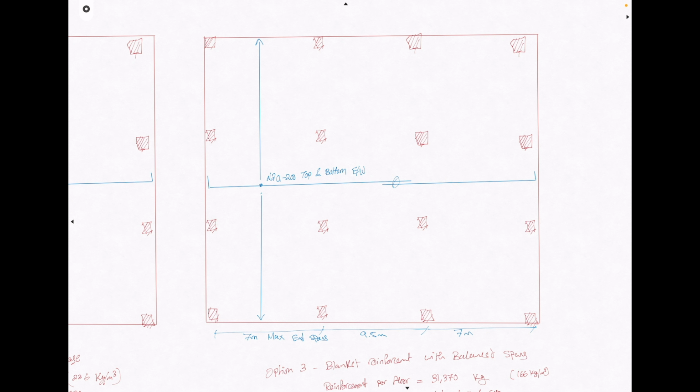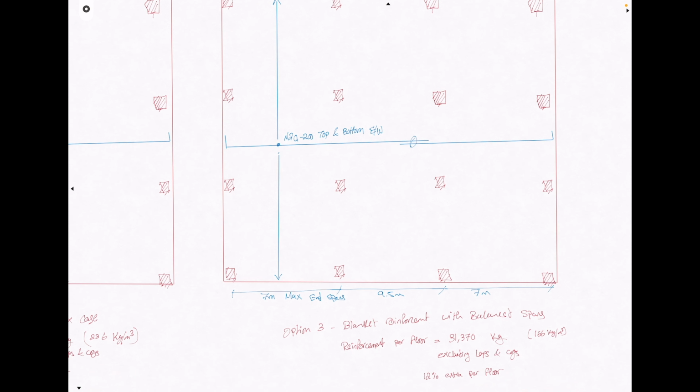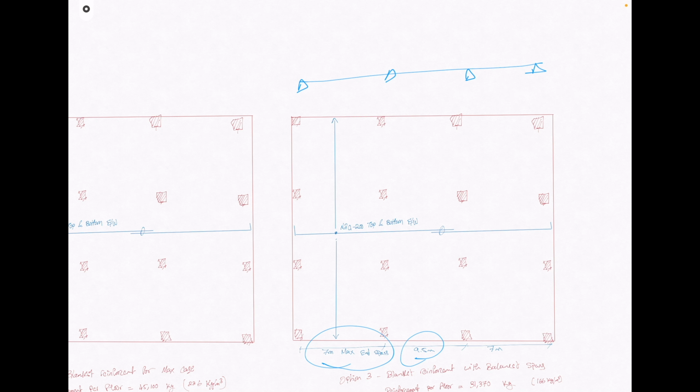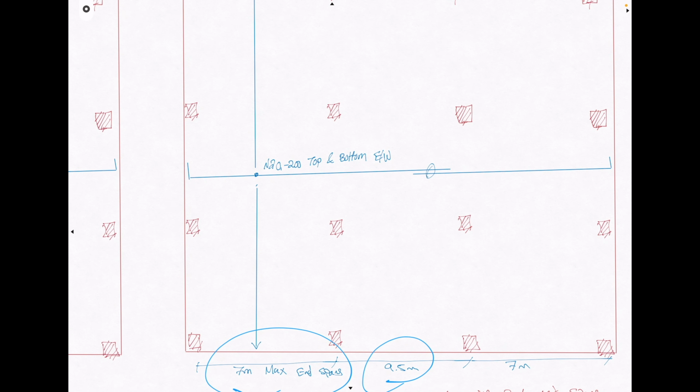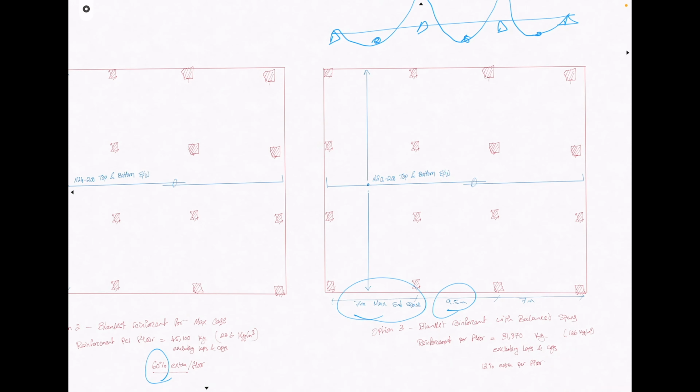We can actually go with a blanket of N20 at 200s, even though it doesn't work for strength as it is. But what we can do is reduce our end span to 7 meters, and increase our internal spans to 9.5 meters. This way we maintain the same size of the plan, but because we have a shorter end span and a longer internal span, the moments balance out now. So I don't need to put additionals at the end span, and what was required for the internal span is required everywhere now. So I can go with just my N20 at 200 everywhere,